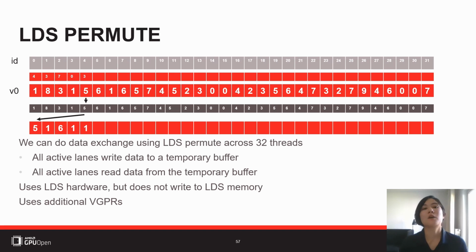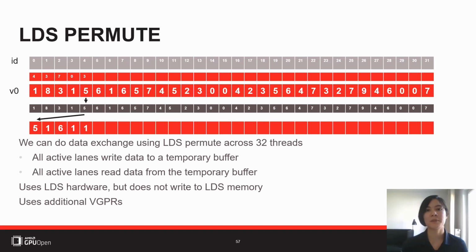So what now if you are using swizzles along a bigger group, along a group of 32 threads? In this case, you can use LDS permute. LDS permute is using LDS hardware. Yes, that's where the name comes from, but it's not storing and loading from LDS memory. It's just using the hardware to calculate the correct address, but that's all. It's not storing and loading to LDS memory. It's still using the register.